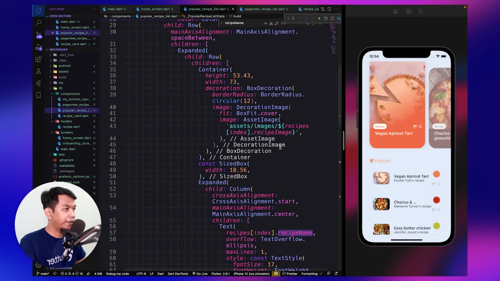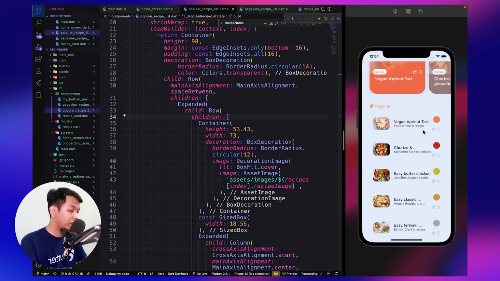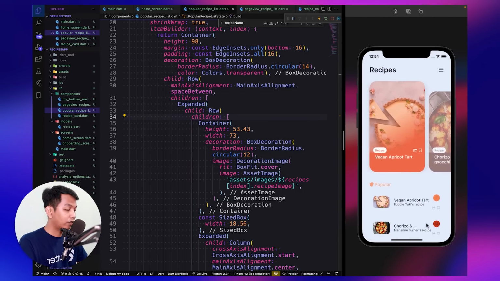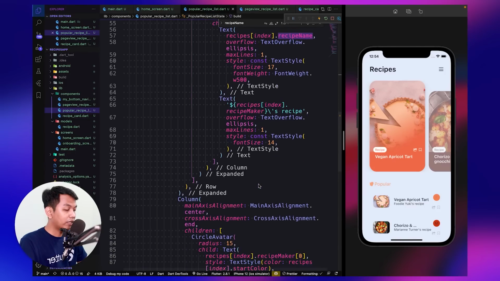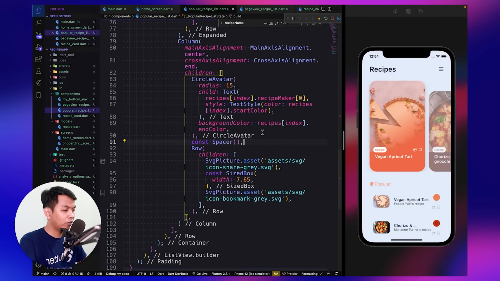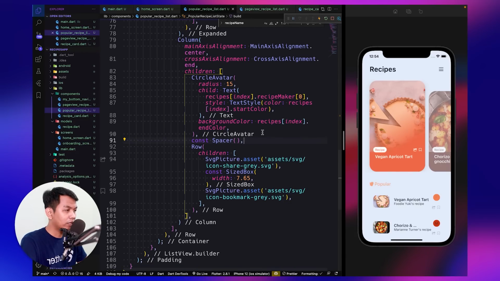Okay, and as I said, we just pick the first string of our receipt maker here. So let's go to receipt maker, which is column receipt maker, and let's change this to end color.